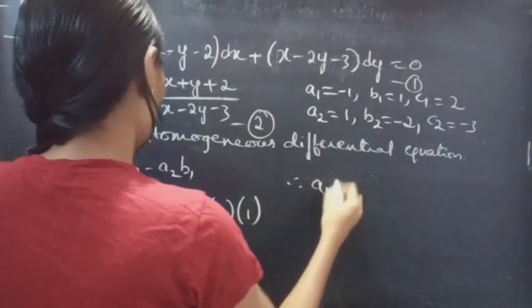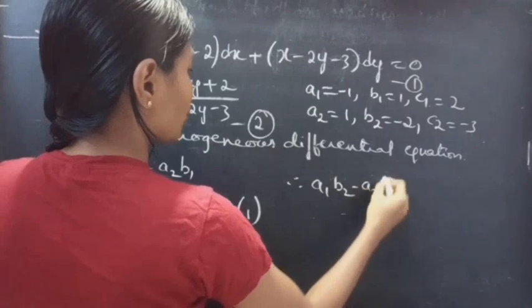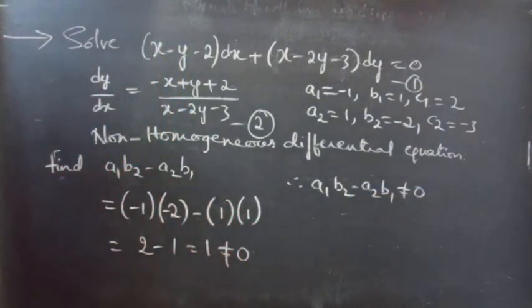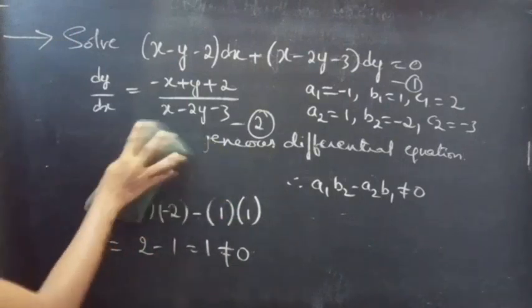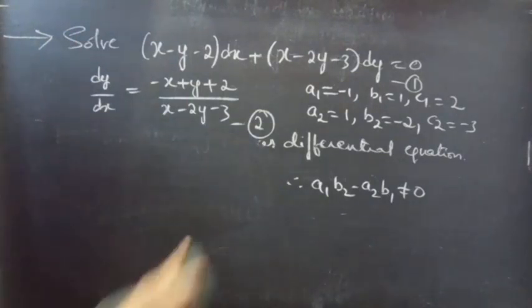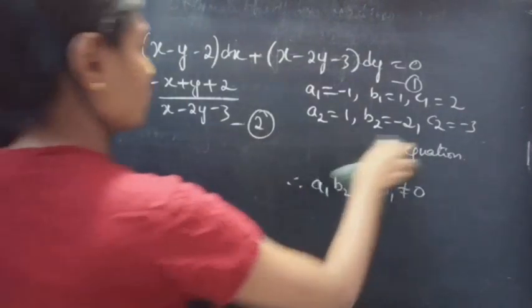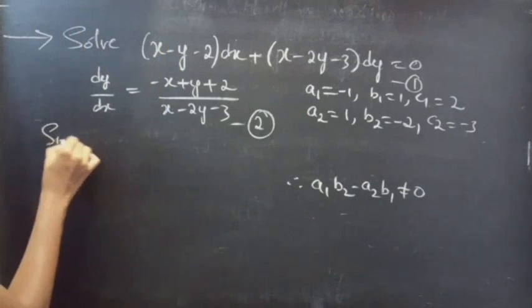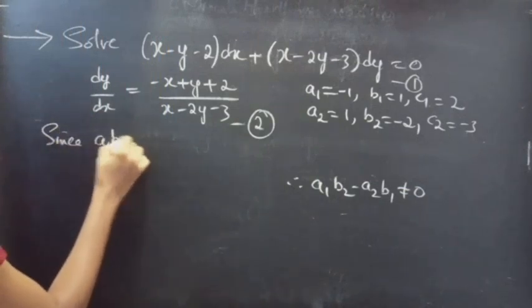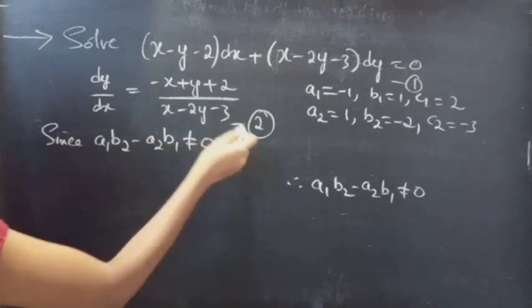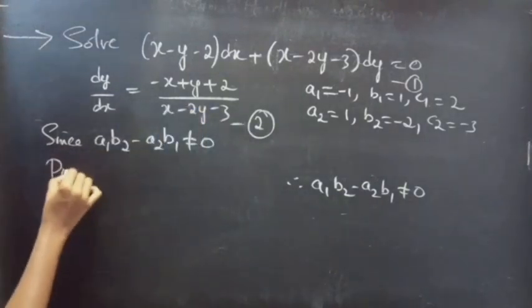Therefore, a1 b2 − a2 b1 is not equal to 0, right? Since a1 b2 − a2 b1 is not equal to 0, we'll solve equation 2 by putting